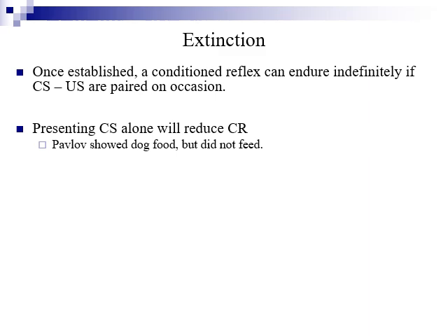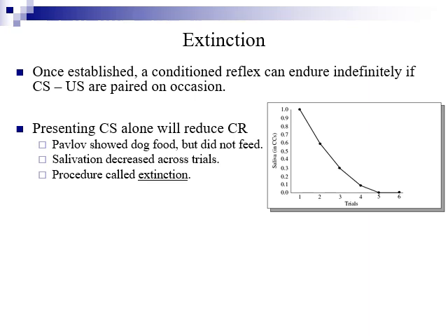So what Pavlov did is he had dogs that, of course, generally before they eat food, they see food, which is why when dogs see food, they begin to salivate, which is why when we see food, we often also begin to salivate, because we generally see the food before we eat it. So Pavlov showed dogs food, but did not let the dogs eat the food, and he measured the amount of saliva across these trials. He did this 6 times, and he found that the amount of saliva produced when the dogs saw the food decreased across these 6 times until it essentially just went away. This procedure is called extinction.